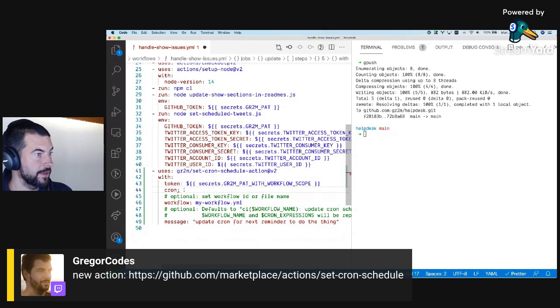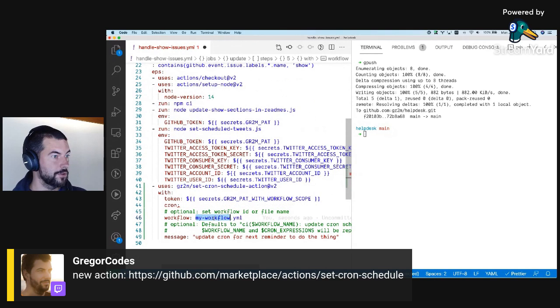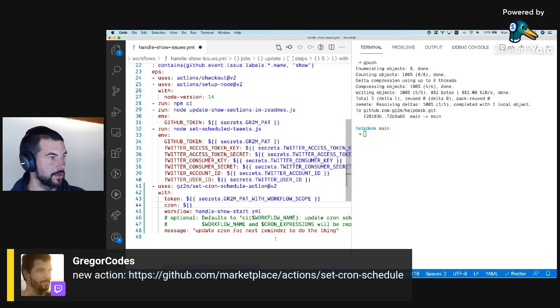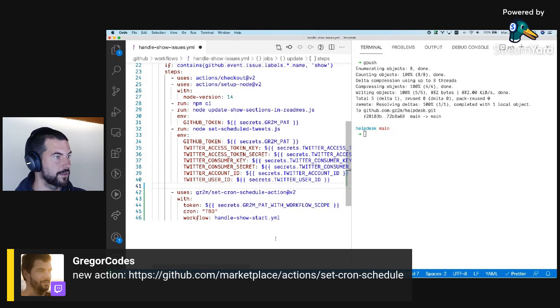And then I will have a new workflow, which is something like handle show start YAML. And then here to be done, the message, we can just use the default thing. So now, where do we get the expressions from? And for that, I will first comment this out because we will not run it yet.